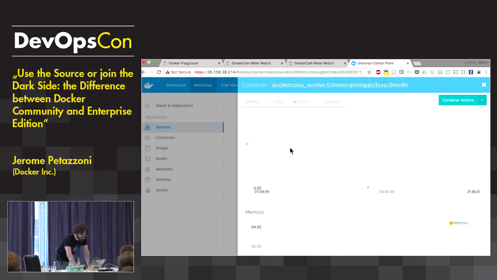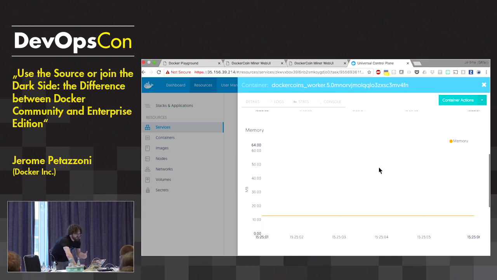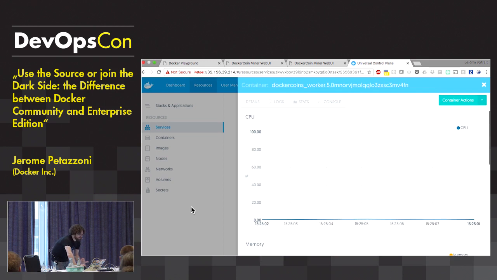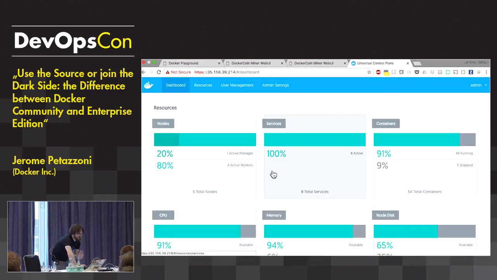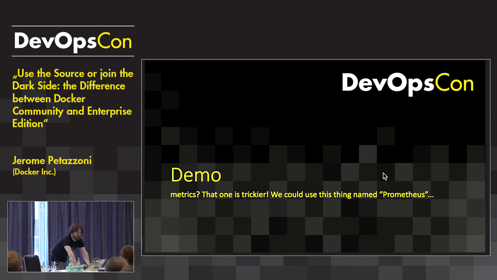So it will take a few seconds to load, and then I can see the evolution over time of the CPU usage, memory usage, network activity, and I can as well have something for my whole cluster, if I want to get an idea of should I buy new machines yet or not. So I see here CPU usage between 7 and 15%, memory usage, etc. So that gets some kind of basic things so that in just a glance I can know how my cluster is doing. You can do that with the community open source edition, but you will have to add a few